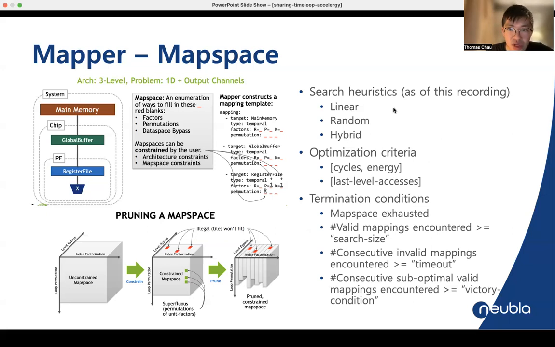In addition, users can specify a few more things, such as search heuristics, like linear search, random search, or a combination of both. Optimization criteria, meaning how to tell one mapping is better than the other. For example, we can look for minimizing the number of cycles, and if two mappings have the same number of cycles, then we decide which one is better by looking at the energy cost. And also the different termination conditions. So if the map space is exhausted, obviously the search will stop,